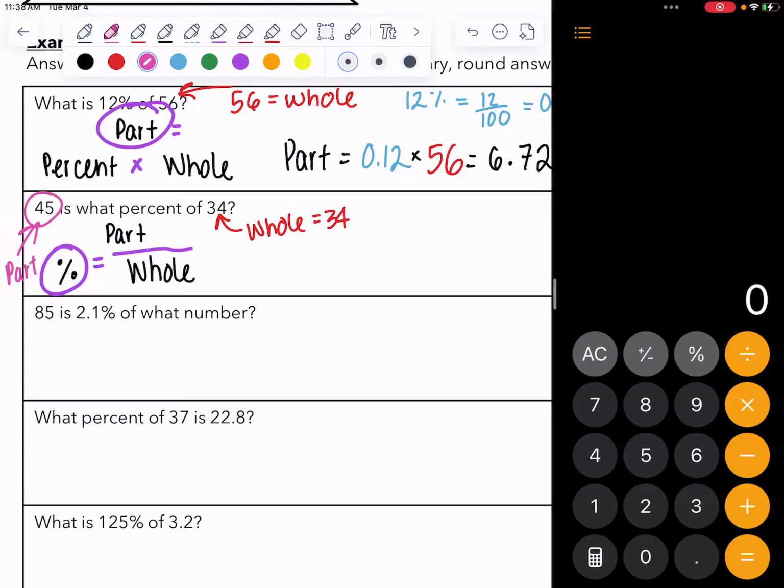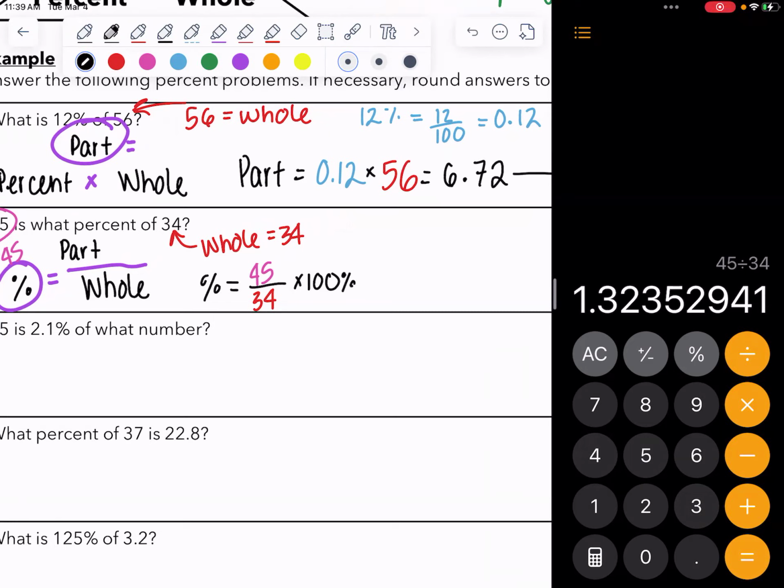And if we do 45 divided by 34, we get 1.323529, and so on. Now, I'm not going to round yet. Don't round yet because we need to get to our percent form. I'm going to actually multiply by 100 right here. Get to percent form, then round. So multiply by 100. You can even say 100% is what you're multiplying by. Now I get